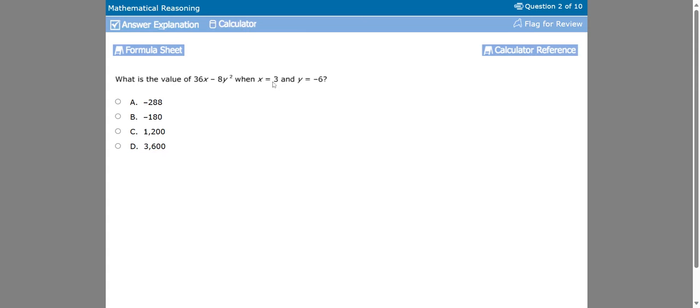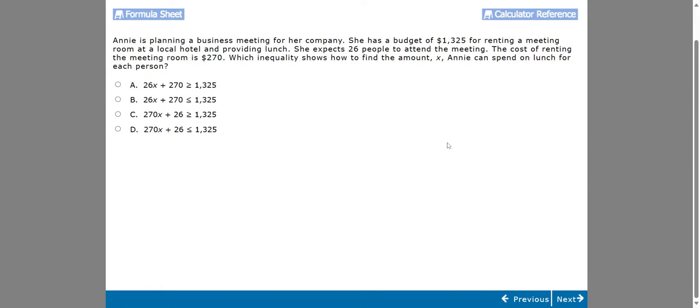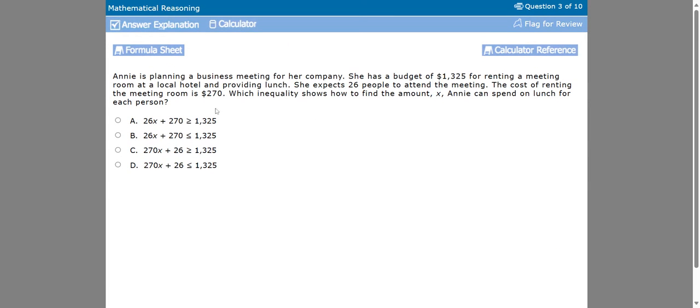So obviously we're going to plug in these variables to be able to get the response. But I just thought that it was interesting that there was quite a bit of a jump there between question one and question two. All right. Here we have another question, almost like a word problem question, where